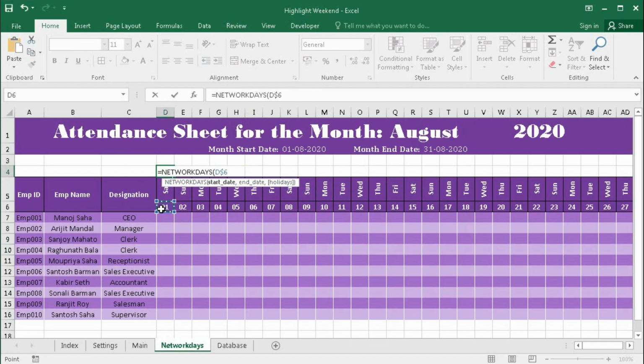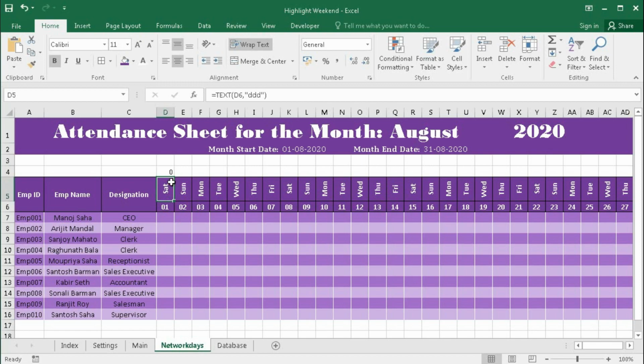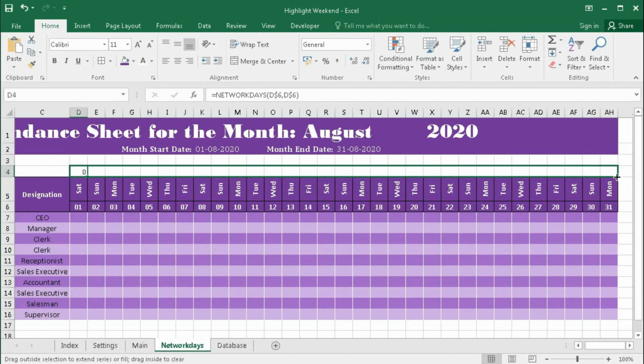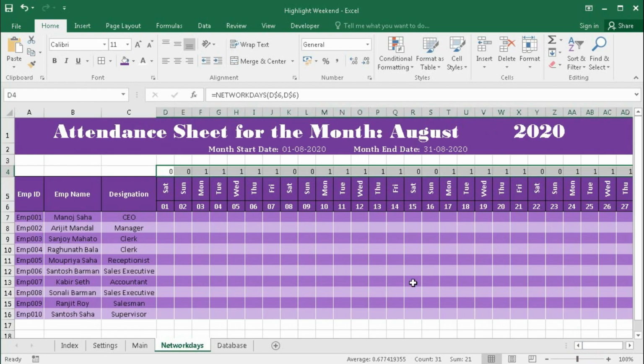We lock the row number because we will drag this way, comma, again this one, bracket close, enter. We got 0, and if we drag to the end, we can see here the weekdays are 1 and weekends are 0.